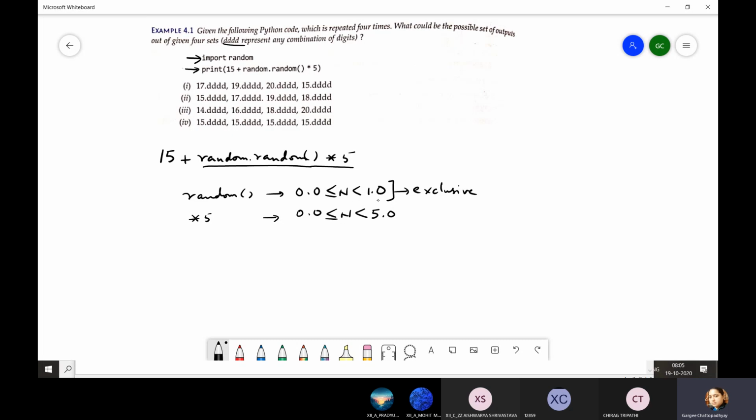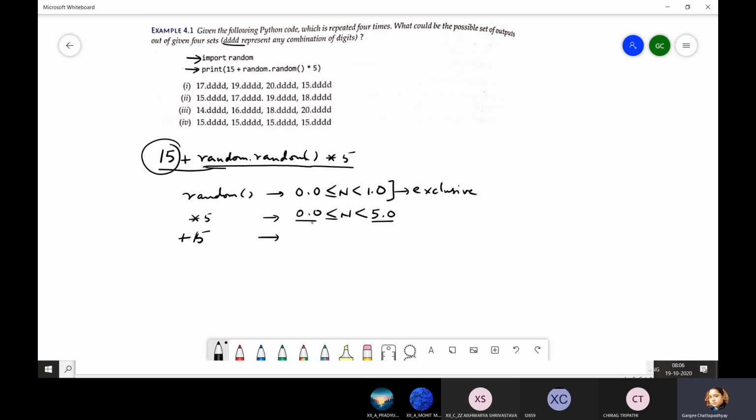Earlier it was 0.0 to 1.0 only. Now it has been stretched to 5.0, but 5.0 won't be considered. Instead, 4.99 something can be considered as the last value, right? Next is 15 plus. Whatever is being generated, 5 is multiplied to it, and from this lower value to this upper value, we have to add 15.